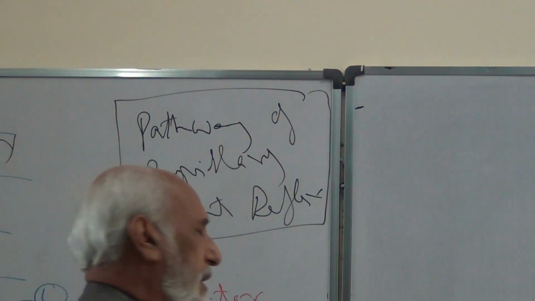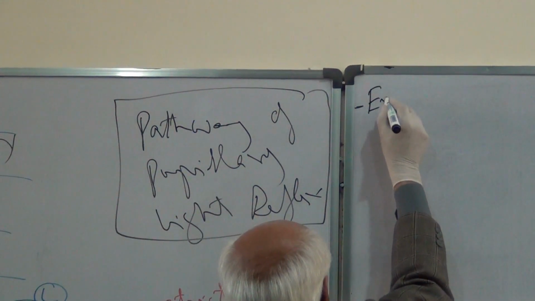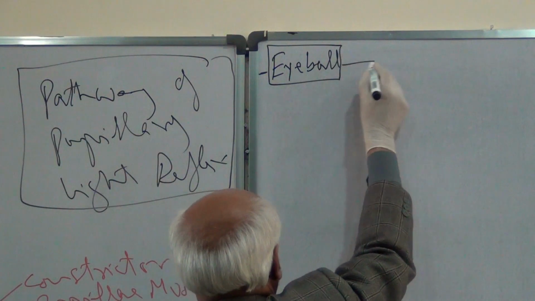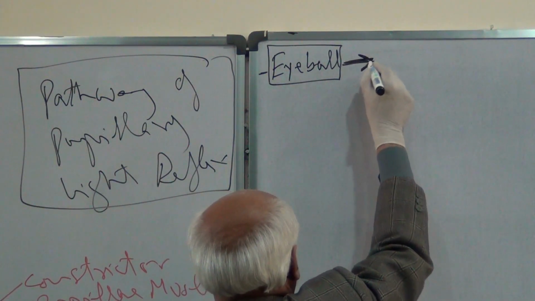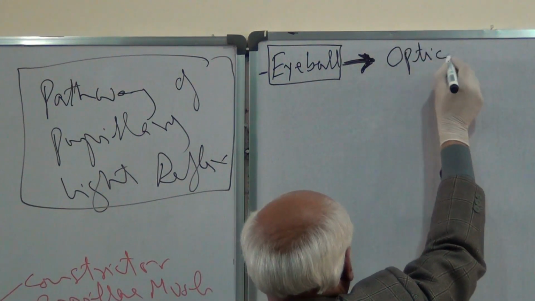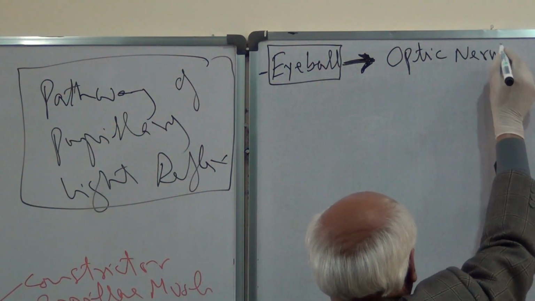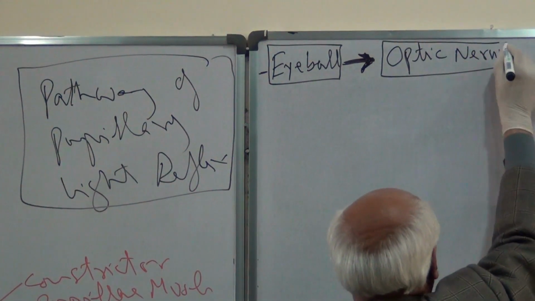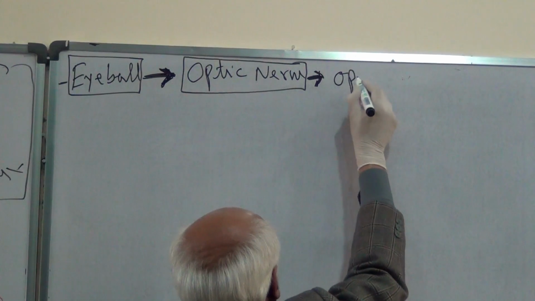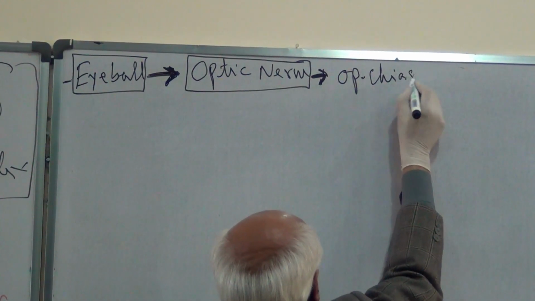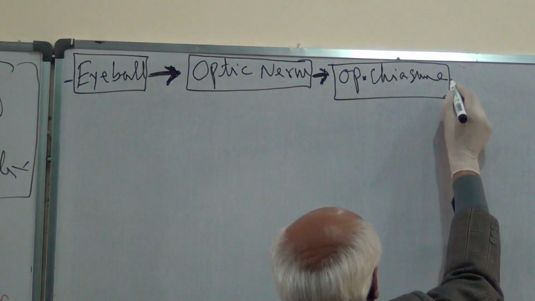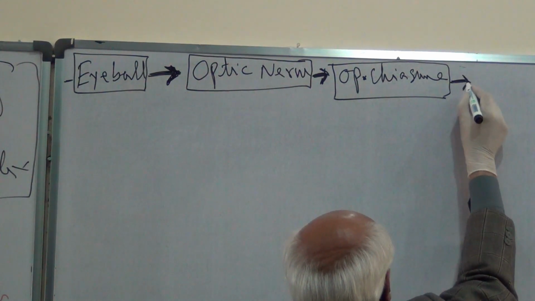Part of the visual pathway, that is the eyeball, retina of the eyeball, then optic nerve, optic chiasma, optic tract,